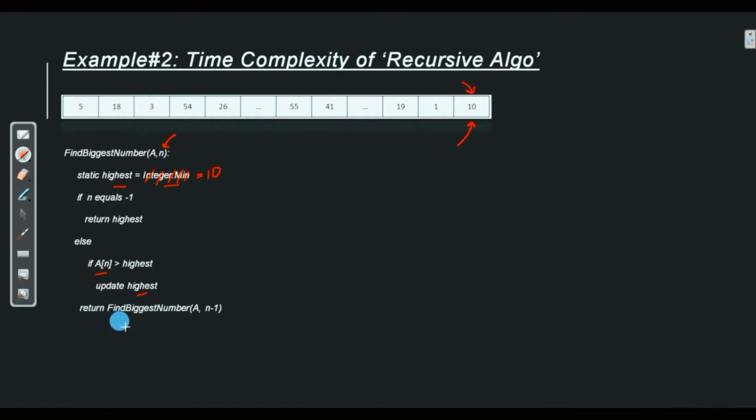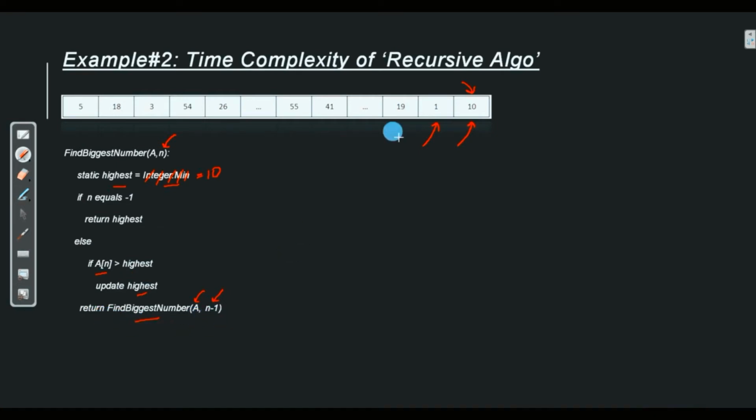Then the next step is we do a recursive call on the same array with n-1. Now when we do n-1, it starts pointing to this cell over here. So again it does a check if n equals -1, no. Else if the current cell's value is greater than highest, no, it is 1, so it is not more than 10, fine. Then return a recursive call with n-1.